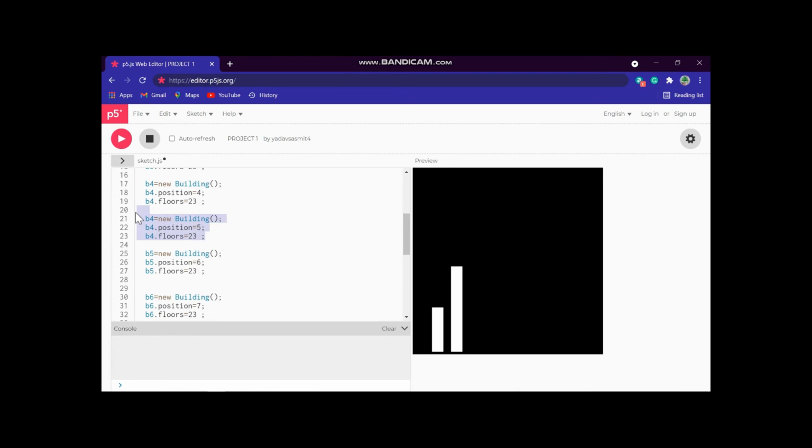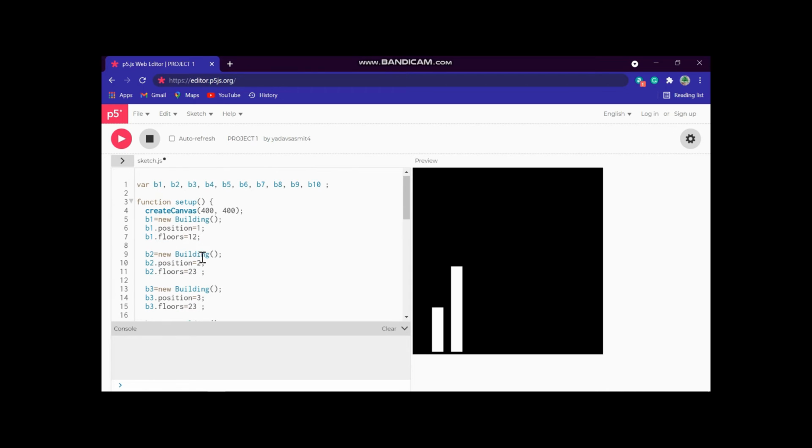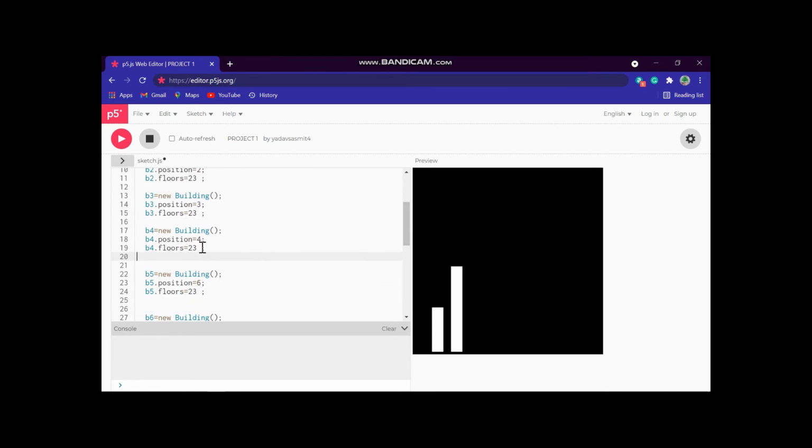A little bit of a mistake I have made. I have created extra floors, so let's delete that. Now we are changing the position once again.